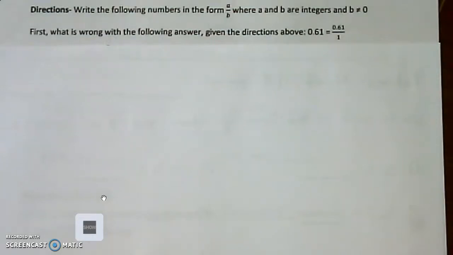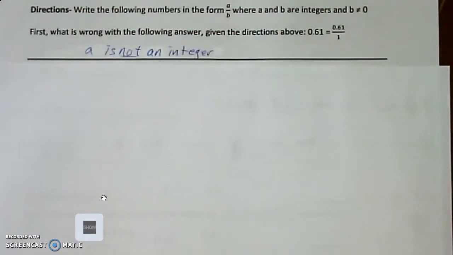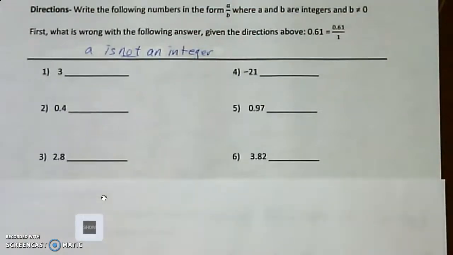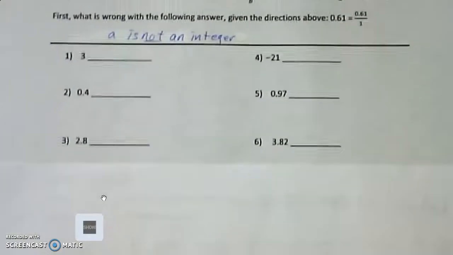Let's think about the definition. A over B, where A and B are integers. A is not an integer, everyone. 0.61. I see this mistake a lot on a quiz. So be careful. Okay, now this part here, again, you can pause the video, try these on your own, write